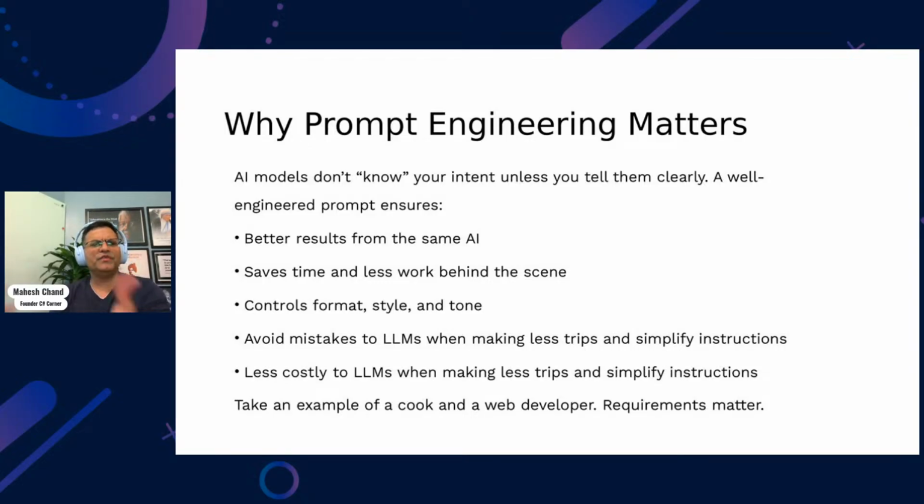Why? Because if you don't get the desired output, you're going to ask again, and then the AI has to do the work again. You can also control the format, the kind of output you want, what style and what tone you want. You can even tell AI to write you a poem, or a joke, or an email which is funny, or friendly, or professional. You can have these different tones, right? You can have all those details. We will talk about this in my following talks. We'll cover a little bit here today.